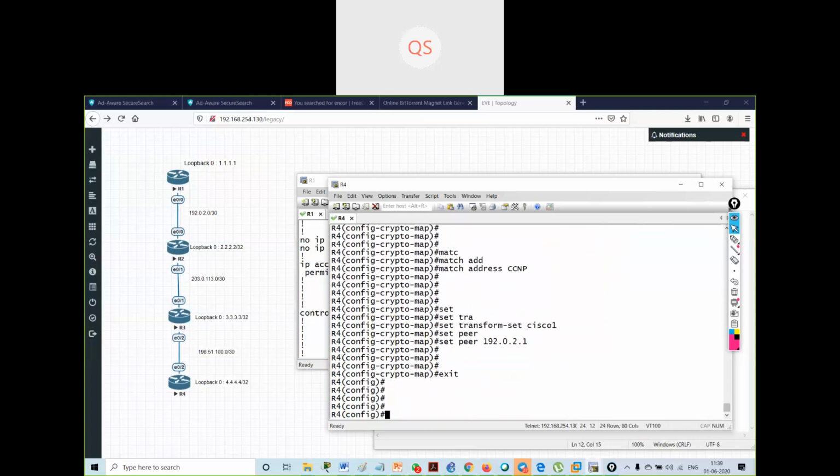Exit. Now I will implement the same thing on the interface Ethernet 0/2 on R4.